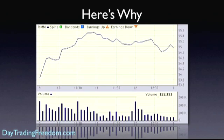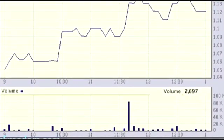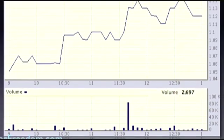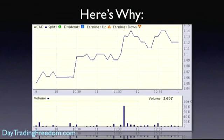Now if we look at the ACAD chart for the same time frame, again with volume added on, hopefully you can see the problem. The volume on all of those bars is under 20,000, and for almost all of them it's well under 20,000. In fact it's well under 10,000. There's just a couple of bars where it peaks a little bit, which means if you wanted to trade even 1,000 shares of this, you're probably going to have trouble because there's just nobody on the other side to take the trade. This is what I mean by thin volume,